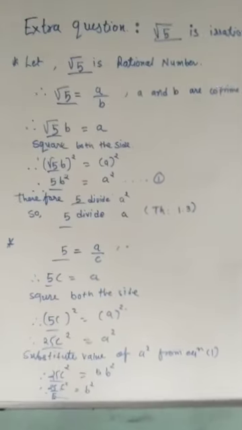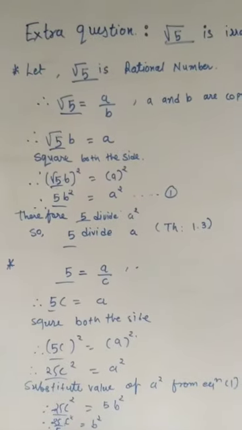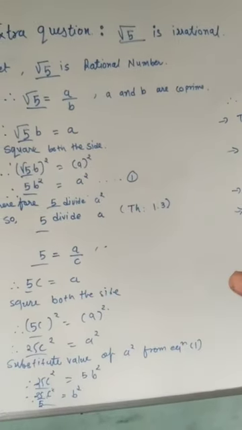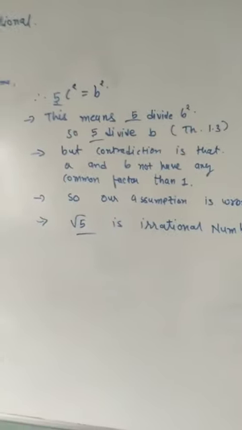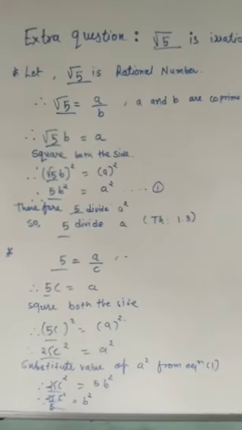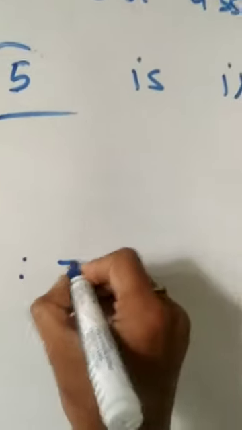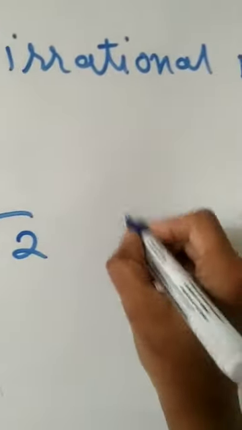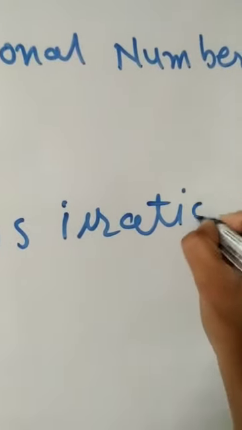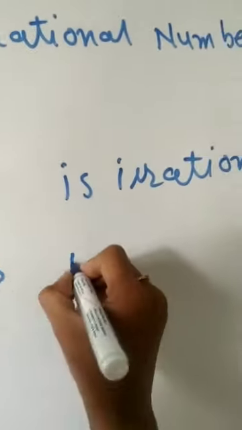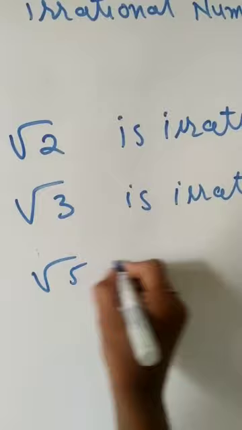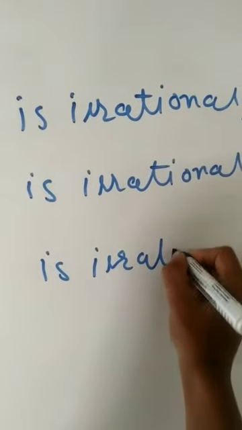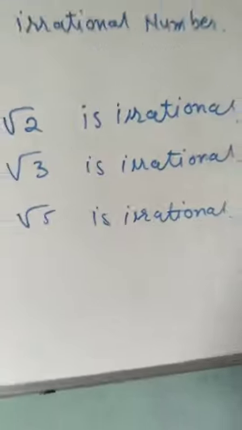So you just have to remember all these things by heart. These lines you have to write properly in the same way, and whatever I have shown you, you have to make these kinds of changes by yourself. Here I will write what kind of questions they are asking. Prove root 2 is irrational. Then root 3 is irrational, and root 5 is irrational. So this kind of three questions they are asking.